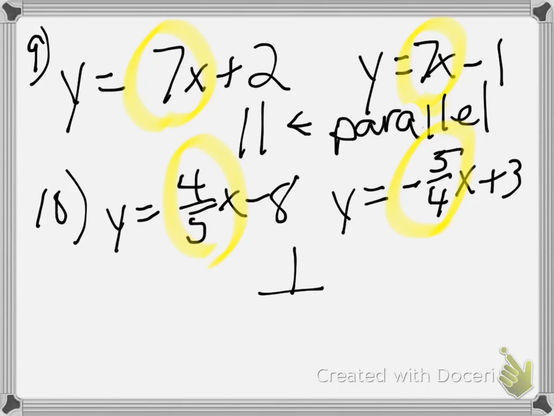Okay, the last one I want to talk about, the rest of these you'll have to rearrange to put in slope-intercept form to find this information, but we've been doing that so much, I figure that you are probably not going to have a problem with that. All right, so